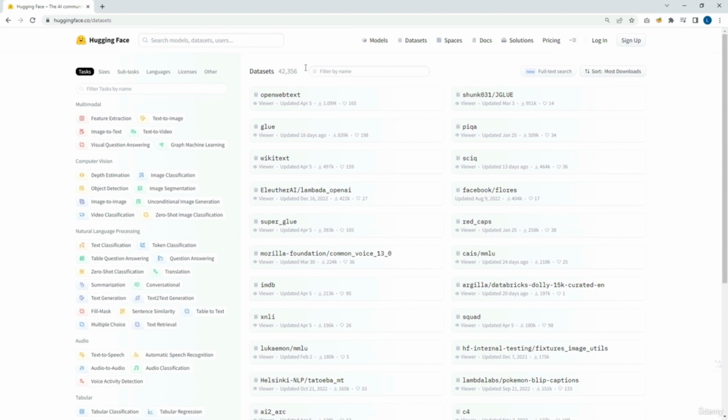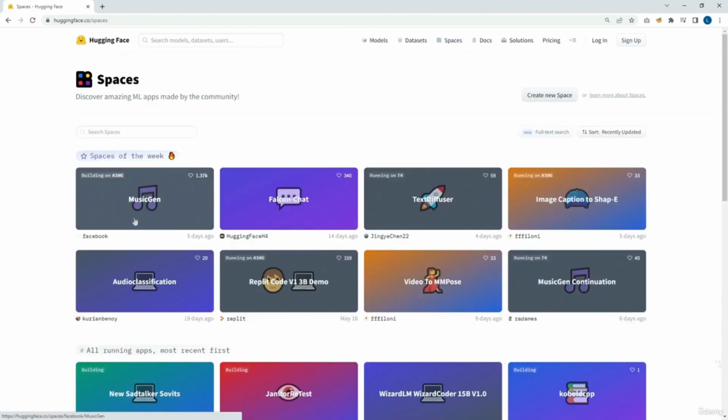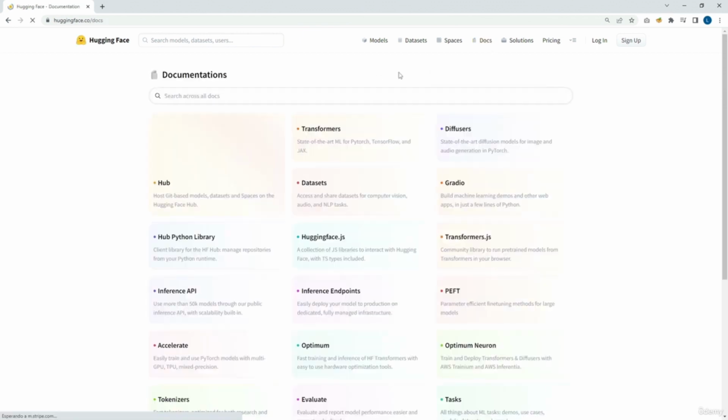Just like before, we have a filter section and the list of datasets. In Spaces, they show some of the apps that have been developed with the models. We have the Docs section, here where we can access very specific documentation related to this field. The Solutions section shows us the different solutions the company has developed, and a Pricing section for access to more